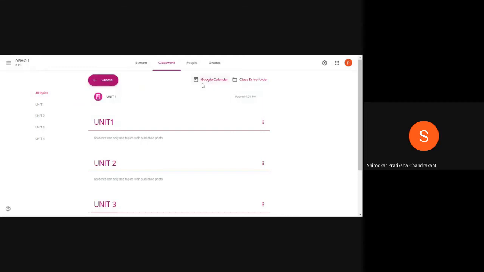These are the things which you all need to know while sharing material with the students. Now in the Create option here, there are various other options in addition to material. We have assignment, quiz assignment, question, and reuse post. The first thing is assignment. It is all similar. The steps that we followed while posting a material, the same thing we need to do while posting an assignment, with a few additions. So let us see how to post an assignment.